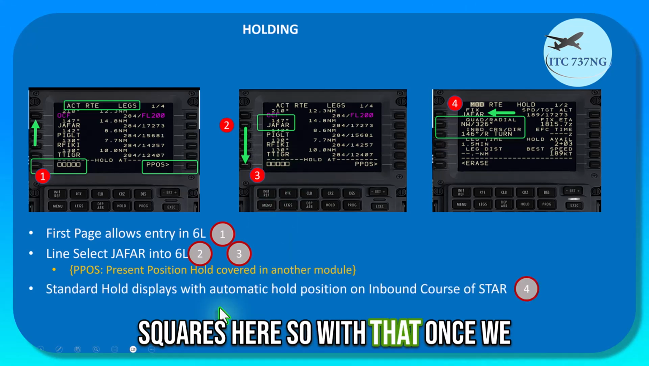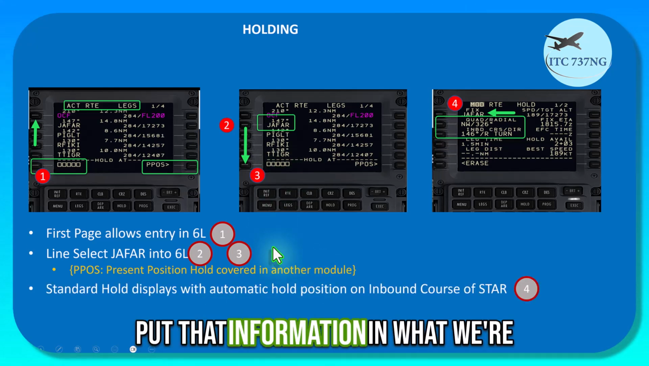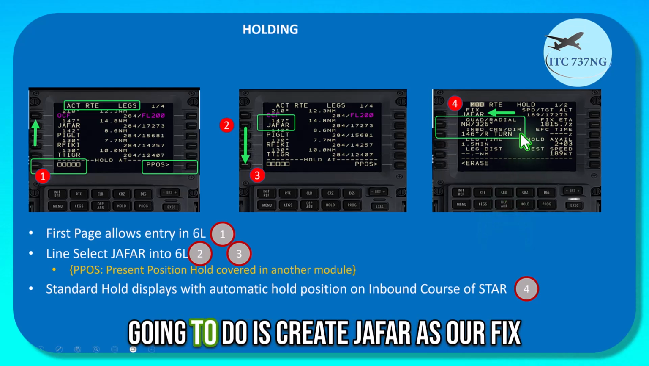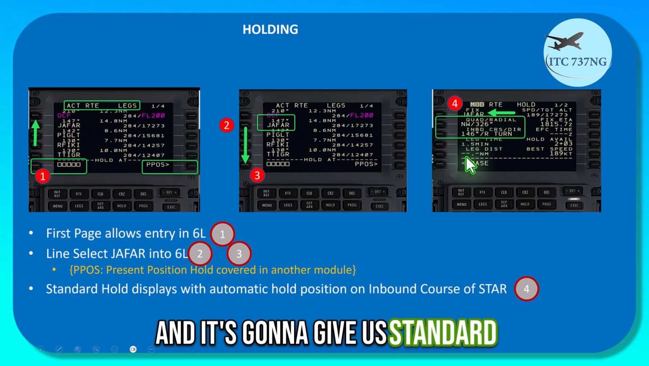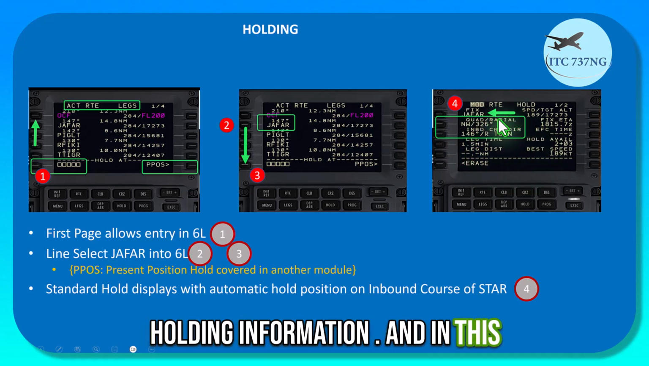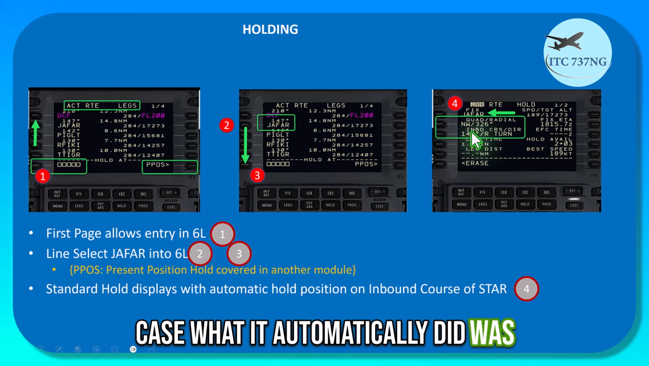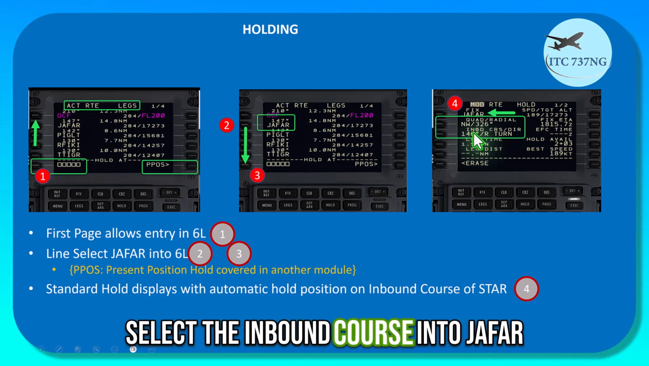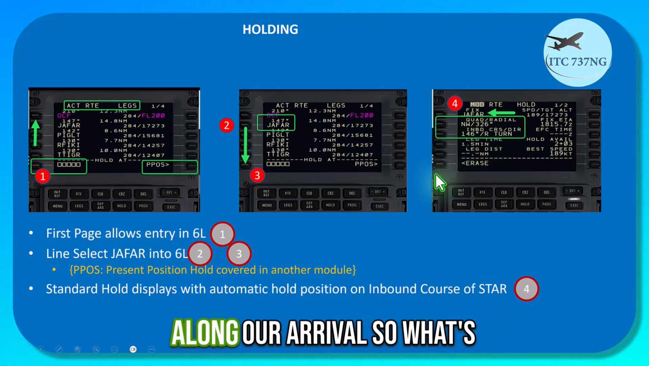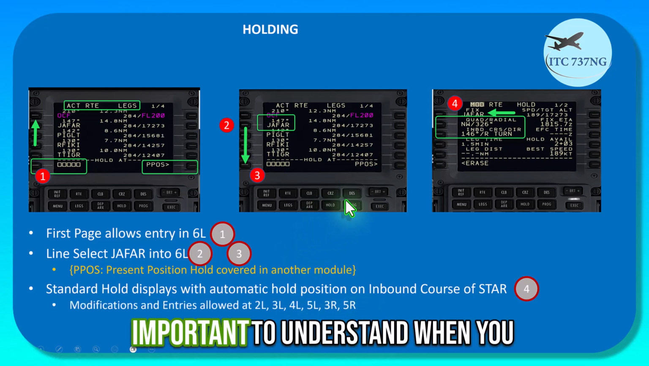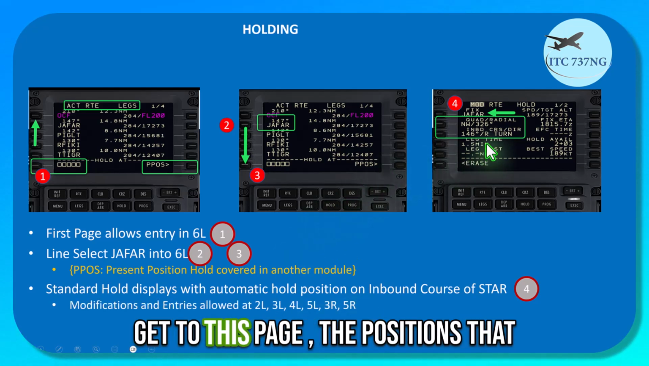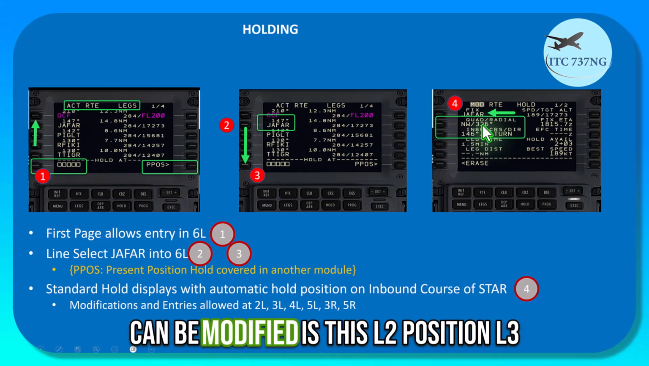So with that, once we put that information in, what we're going to do is create JFAR as our fix, and it's going to give us standard holding information. And in this case, what it automatically did was select the inbound course into JFAR along our arrival. So what's important to understand when you get to this page, the positions that can be modified is this L2